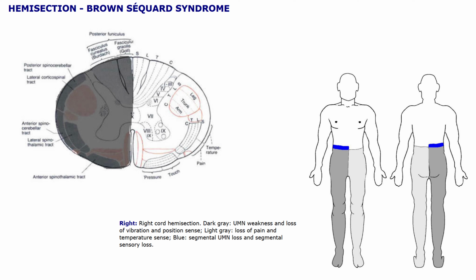Sometimes with stab wounds, the knife will only pierce half of the spinal cord, things like that. It creates this sort of classic syndrome that tends to pop up on board exams. And it's worth pointing out the reason here that there's not a loss of pain and temperature right at the